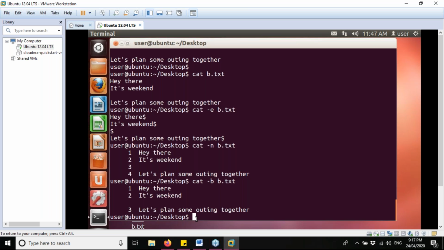You run all the three commands one after the other, so that you can understand the difference.